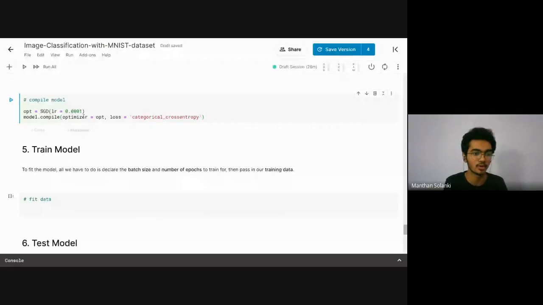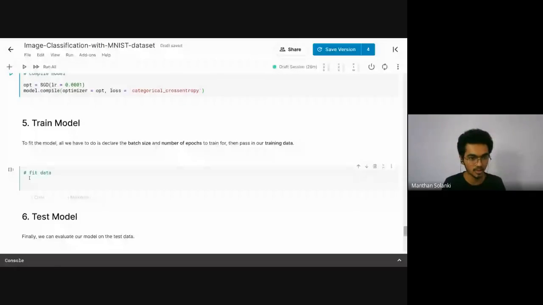Now we have to train our model. So simply write model dot fit. Now what is my train? X train is my image. What is my label? Y train is my label. And I have to pass the batch size.